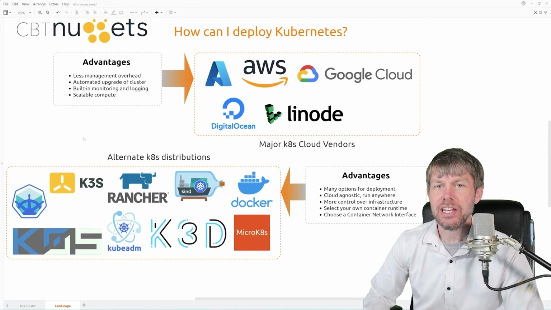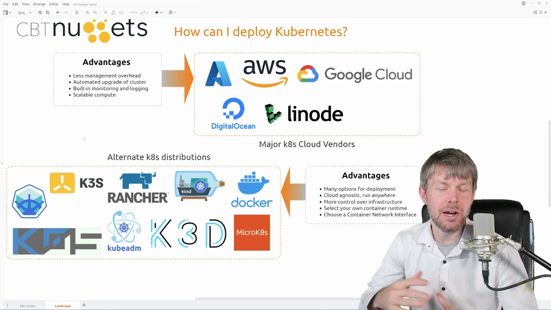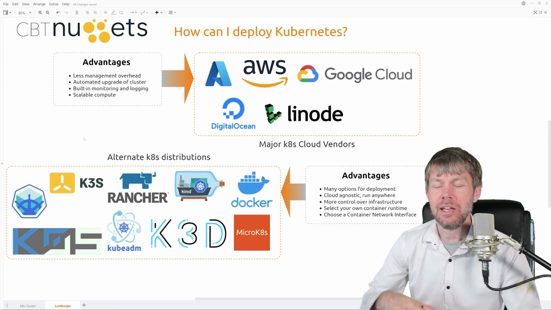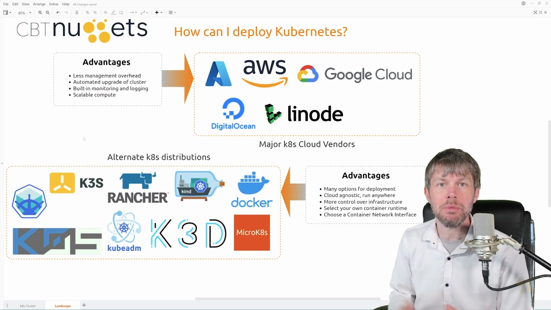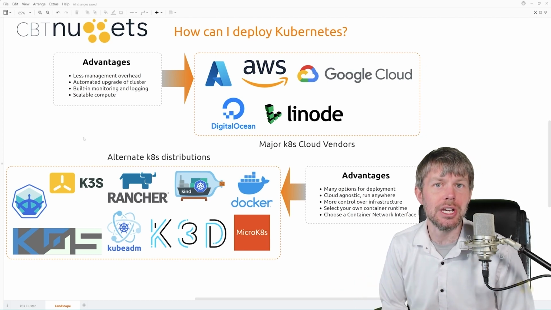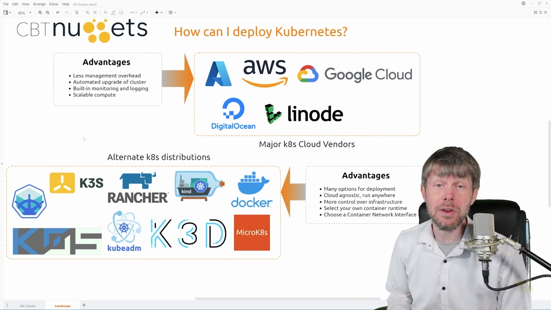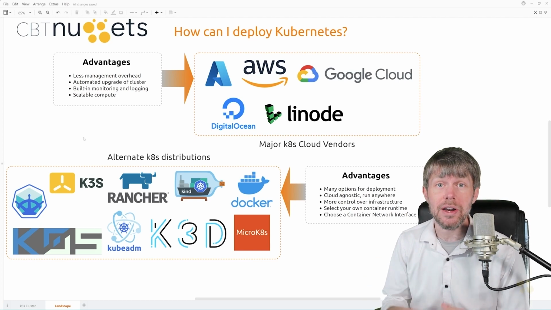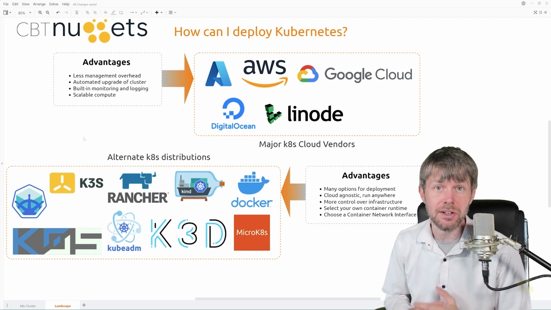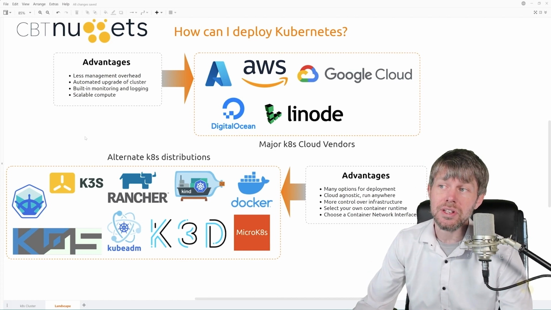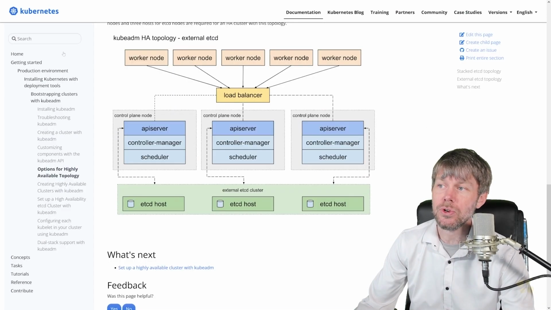Let's go ahead and take a look at the documentation for how to install Kubeadm, and then we'll spin up an Amazon Web Services EC2 instance, or Elastic Compute Cloud, which is basically just a virtual machine running Ubuntu Linux, and then we'll install Kubeadm on that Linux virtual machine in order to give us the ability to then initialize a new Kubernetes cluster. So in order to take a look at the documentation, we're going to head over to